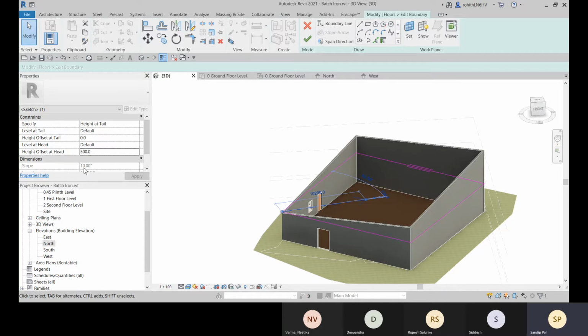Okay, so the slope will be defined, but here you have selected that you can only specify the height offset at head, okay, height at tail. This option you can only specify.